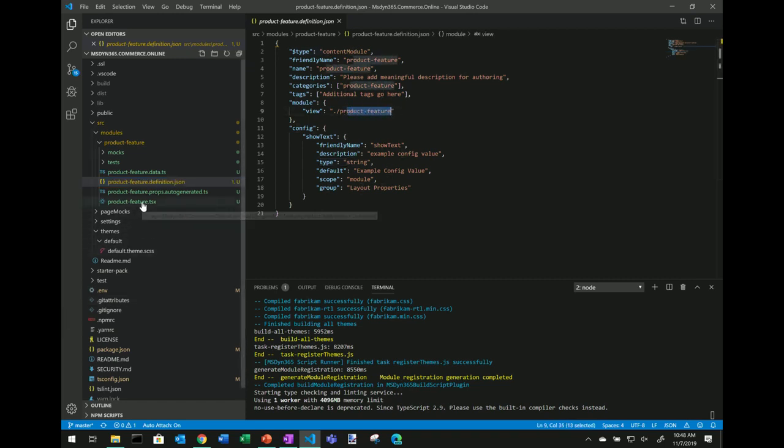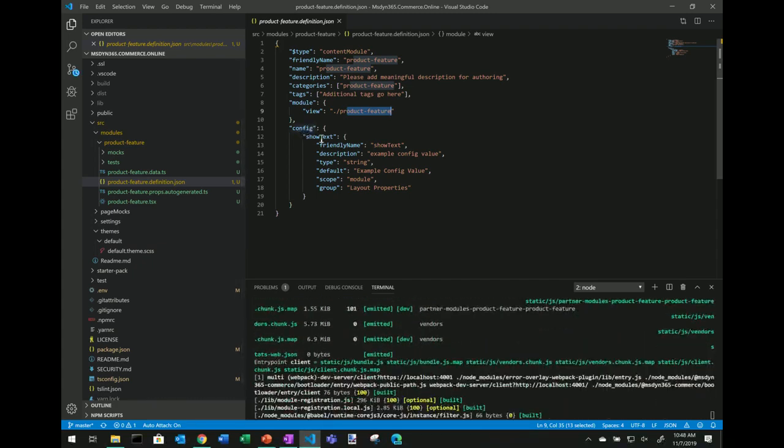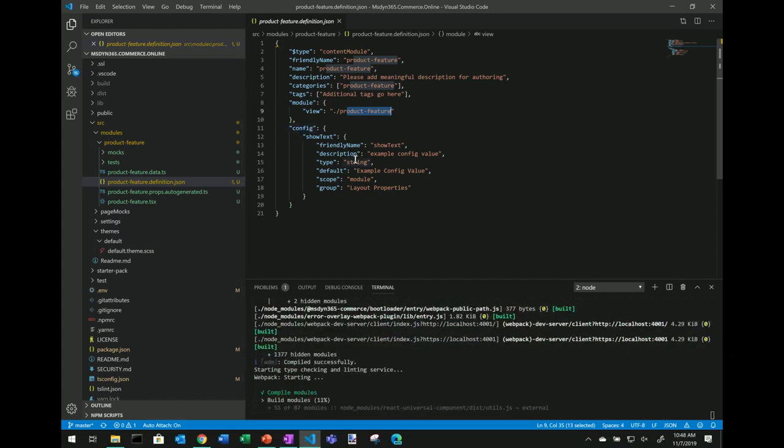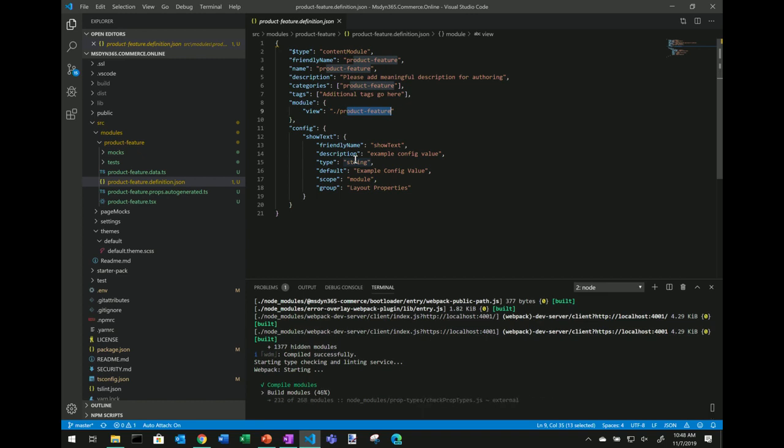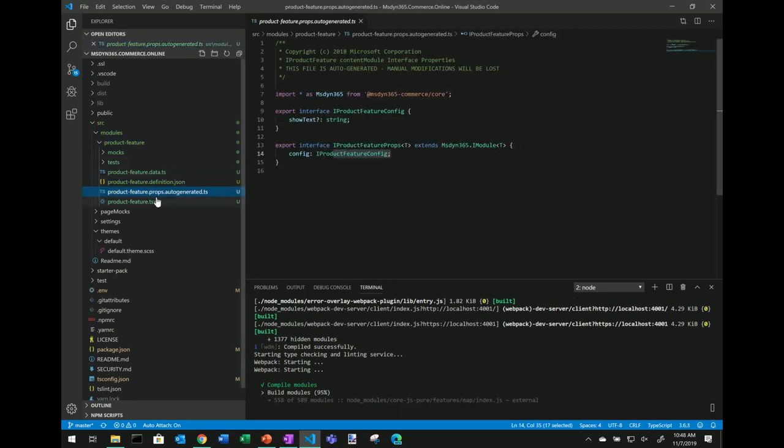This view part just tells me which React view to use. So that's listed down here. And then below that are the configs. Do you remember when I was showing you the authoring tool, I had those configurations on the right-hand side? This is where all those configurations get defined. Now there's a little magic that happens when you save this file. It'll auto-generate this